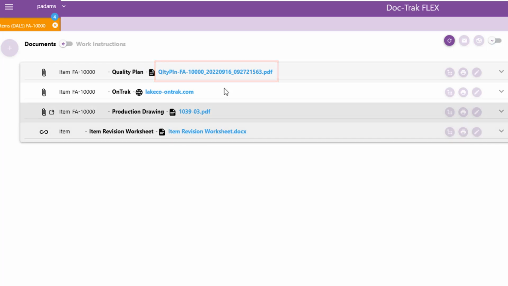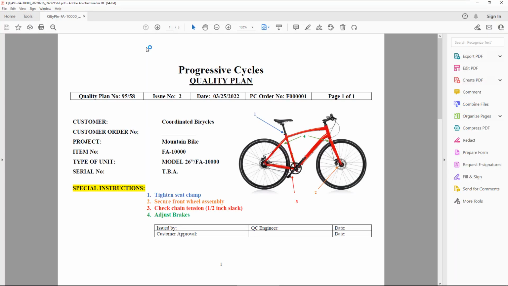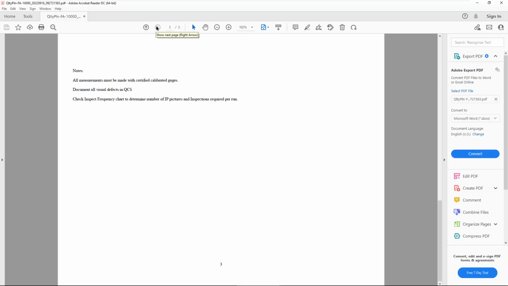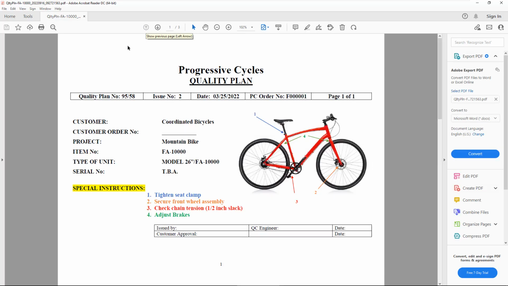And if I double click it here, the file will open in the associated program on my computer. This file is a PDF, so on my computer it opens up in Adobe Acrobat Reader. From here, I could print a copy, highlight it, or do anything else that this program will let me do.